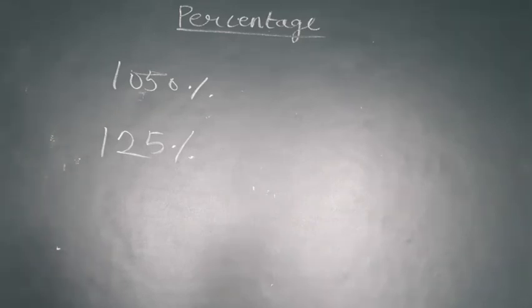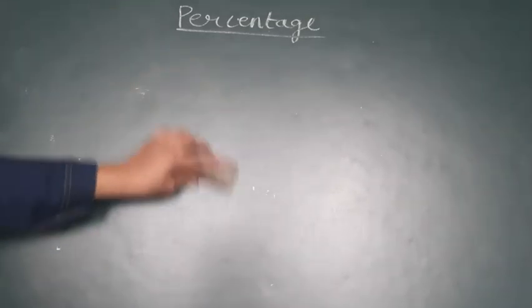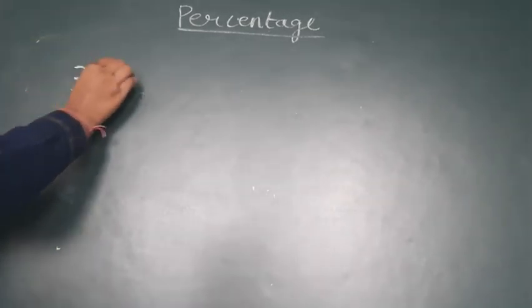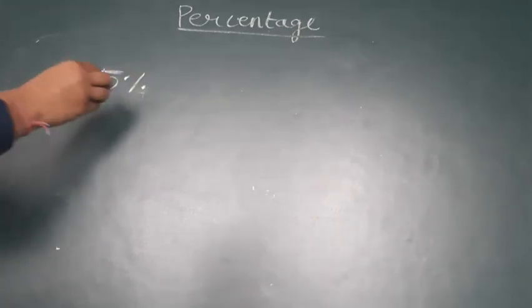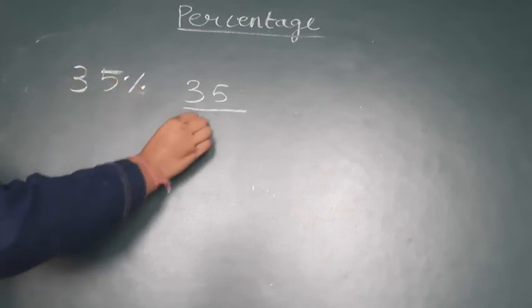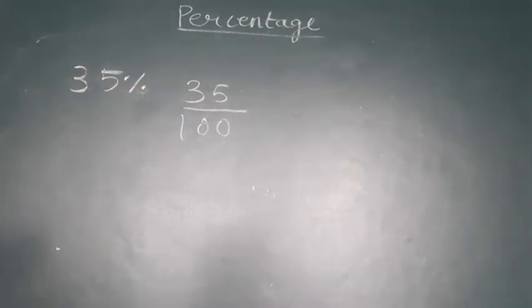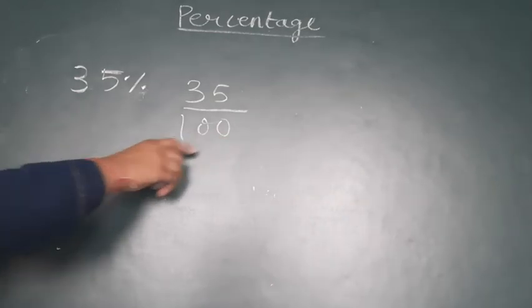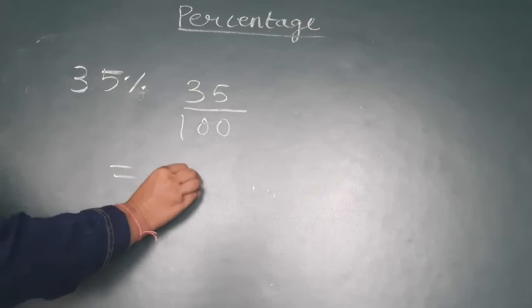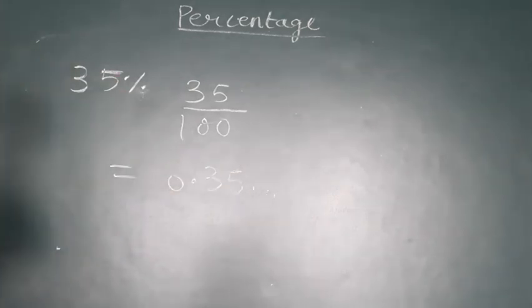And another questions can also come like, convert the percentage into a decimal. Then how will you proceed? You have to follow the reverse process. For example, you have to convert 35% into decimal. How will you convert? 35% means if it has to be written in fraction, you have to divide it by 100, right? So it will be 35 by 100. Now just count the number of zeros in the denominator. How many zeros are there? 2 zeros are there. So we have to place the decimal point before 2 digits. So it will be 0.35, right?